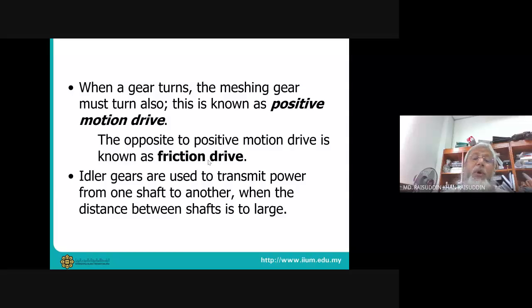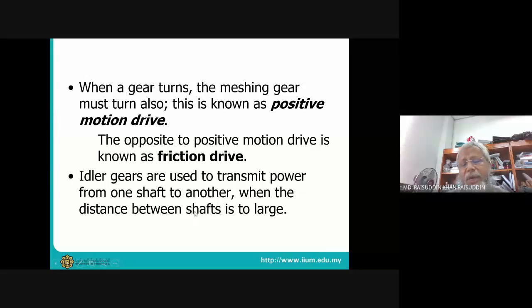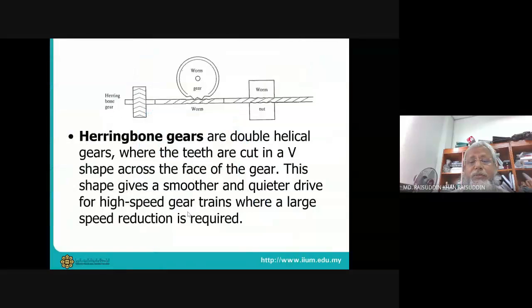It depends on where we need which one. Frictional drive is used in many cases for safety purposes, or when we need to transfer only a small amount of force. For positive drive, specifically, we do not want any slip, so in that case we use positive motion. And in between, we have the idler gear, basically to change the direction of motion.